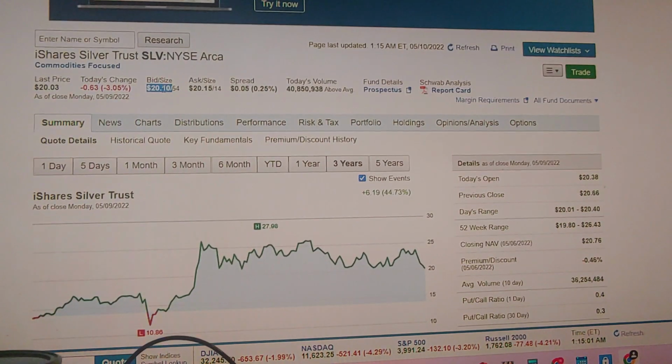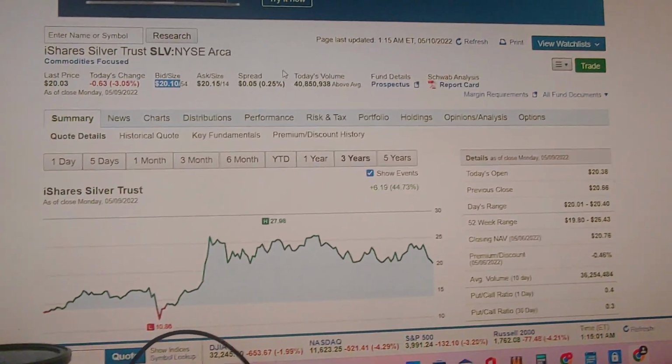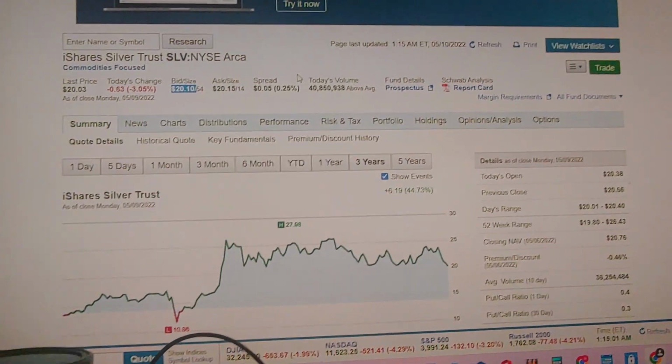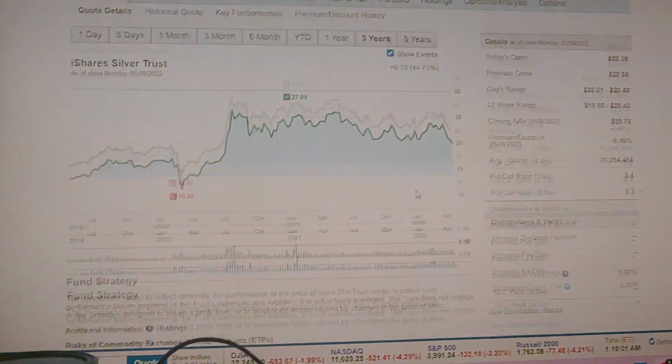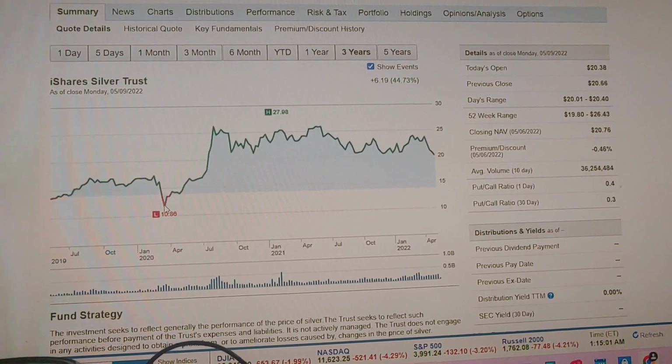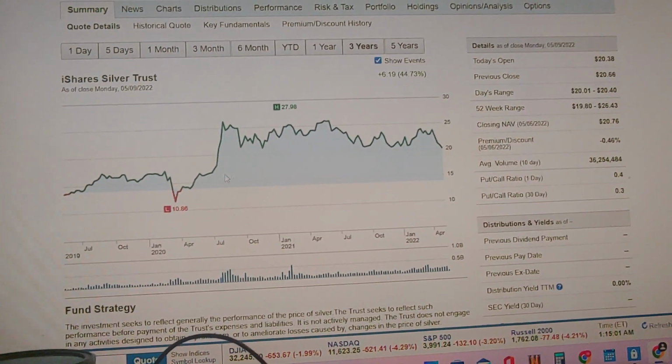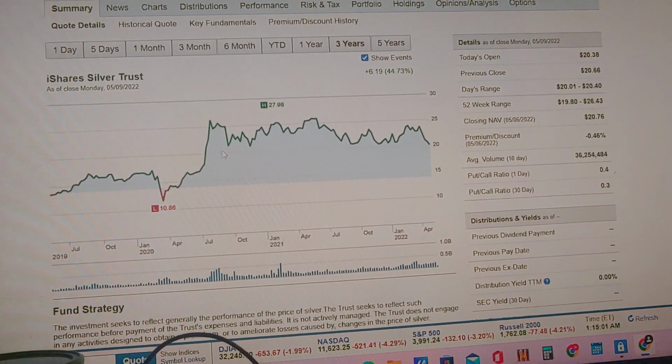So if you want to buy $200 worth, then you say 200, and it'll buy you about 9 of those. That's about it. Pretty simple. If you want to make money, you gotta keep an eye on the market here. And you know that